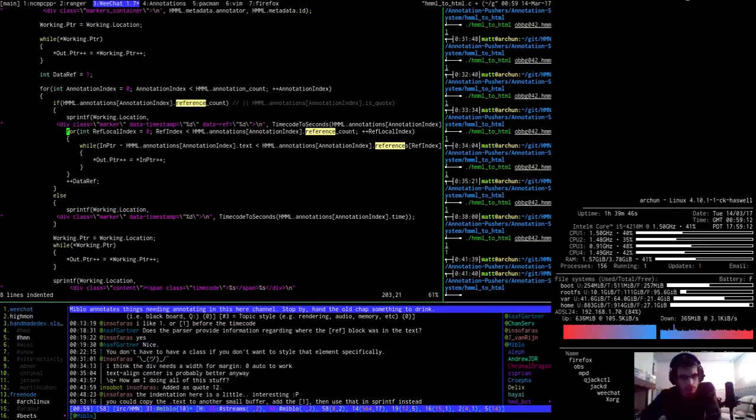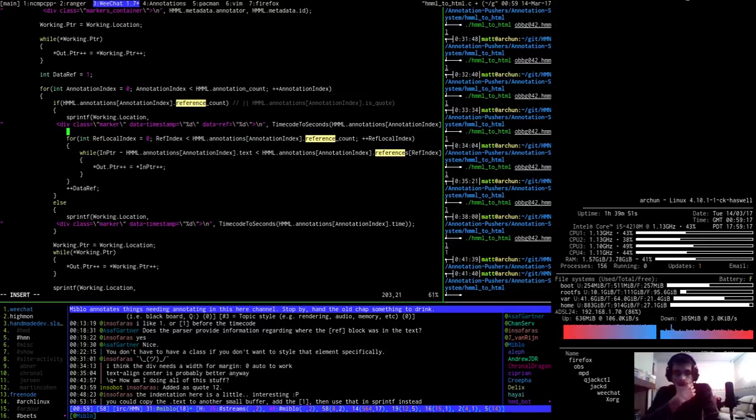Let me just cut this bit out a sec, just so I can sort of see what's going on. Does this build? It does build, so I think this is as it was. So basically what we're saying is